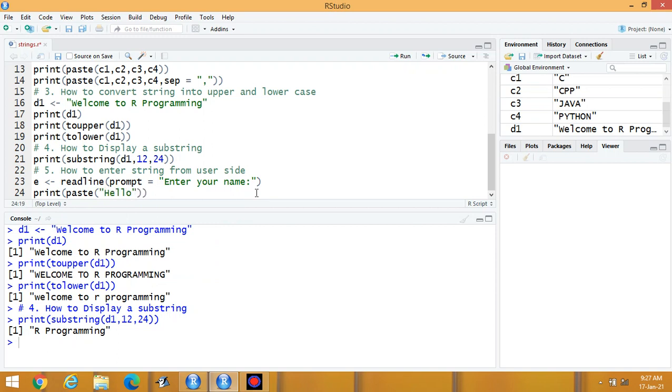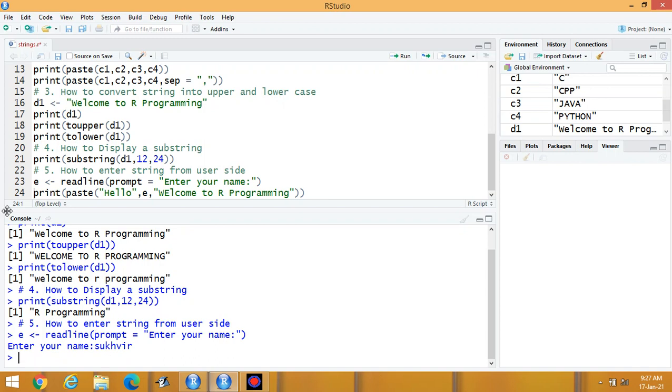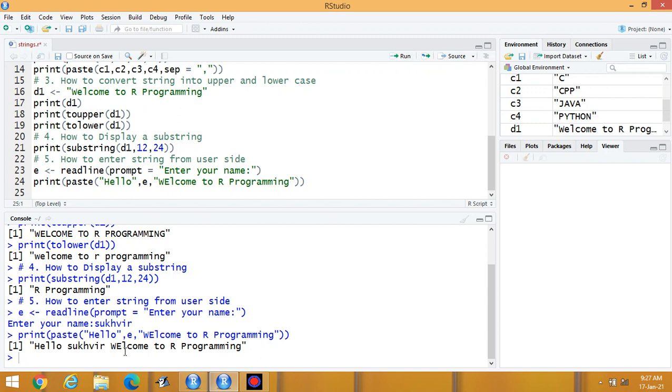Suppose I am writing hello, then the name entered by the user, then welcome to R programming. Let us check the execution. Enter your name, Sukhveer, then execute the second line. Hello Sukhveer, welcome to R programming.